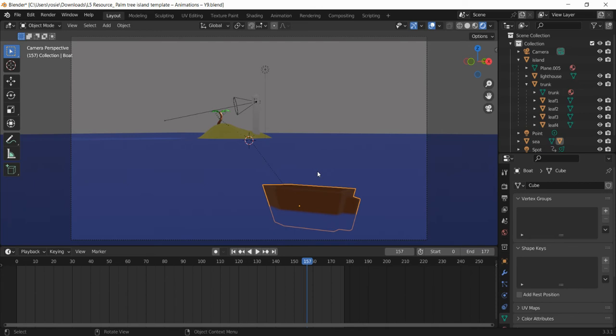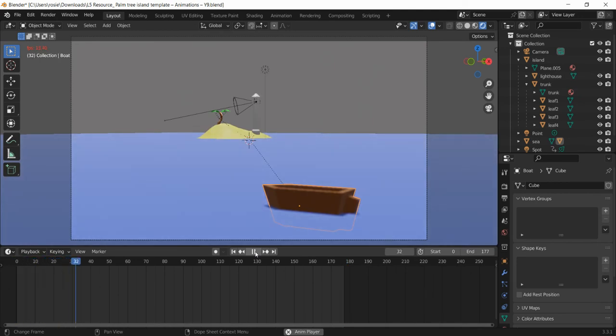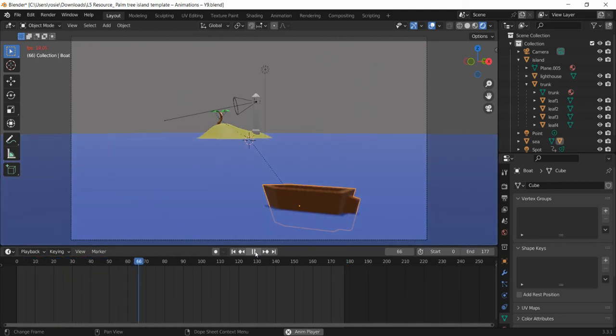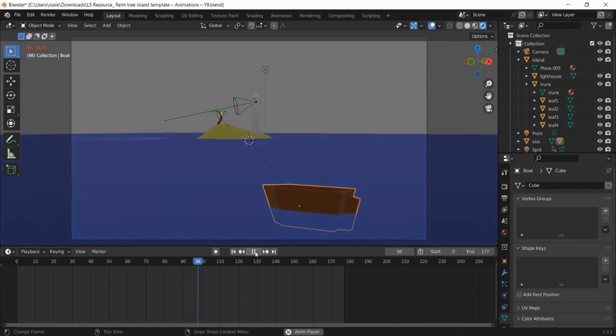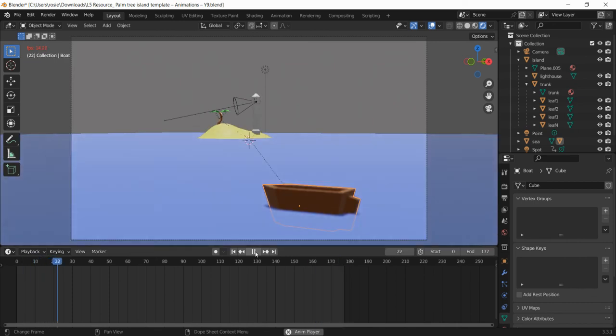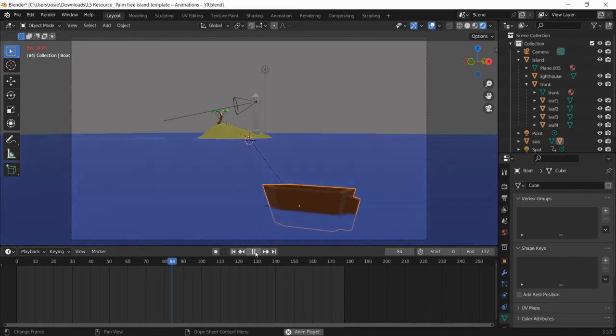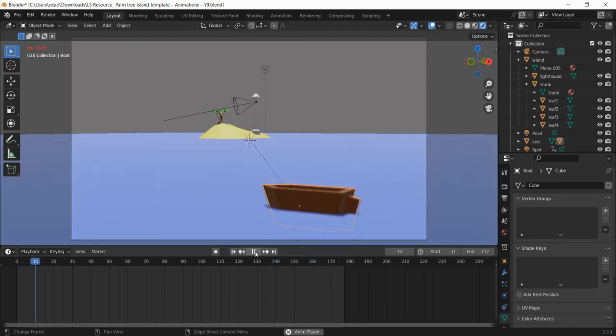Okay, so if we play our animation from before, okay, we can see that animation via our camera. Okay, there we go. So the sun goes down, the lighthouse starts going. Okay, so sun up, sun goes down, and the lighthouse will start rotating around. So if we were filming this as a scene in a movie, then we would position the camera here and we could see that. Okay, so have a little practice positioning the camera.